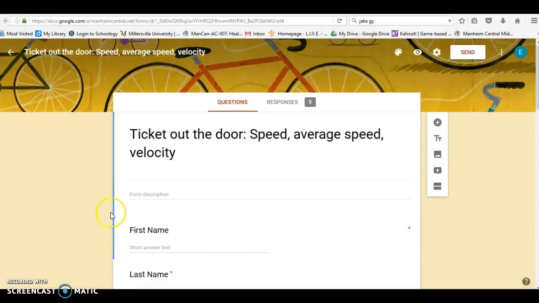Here's a tutorial for how to use the add-on Flubaroo to help you grade things in Google Forms. After creating a Google form, this is one that I created, took it out the door about speed, average speed